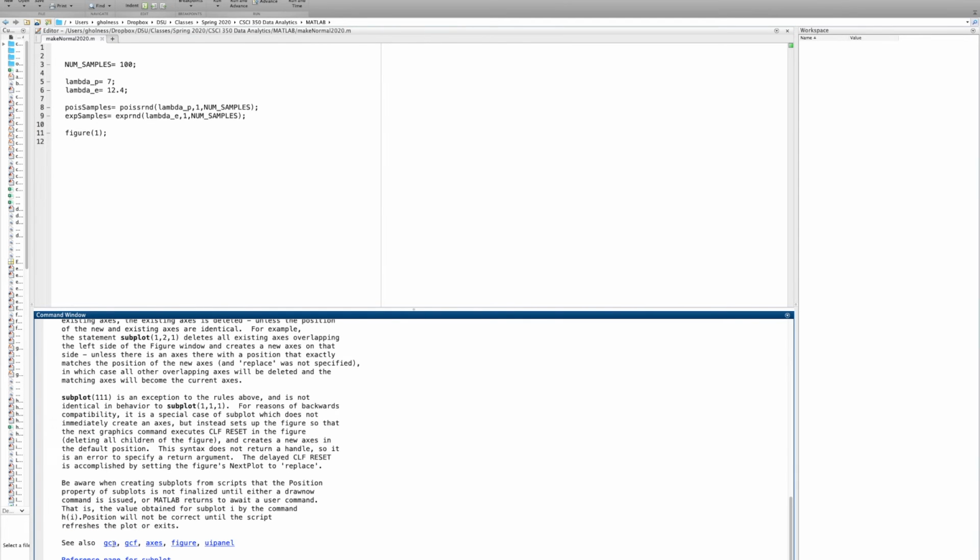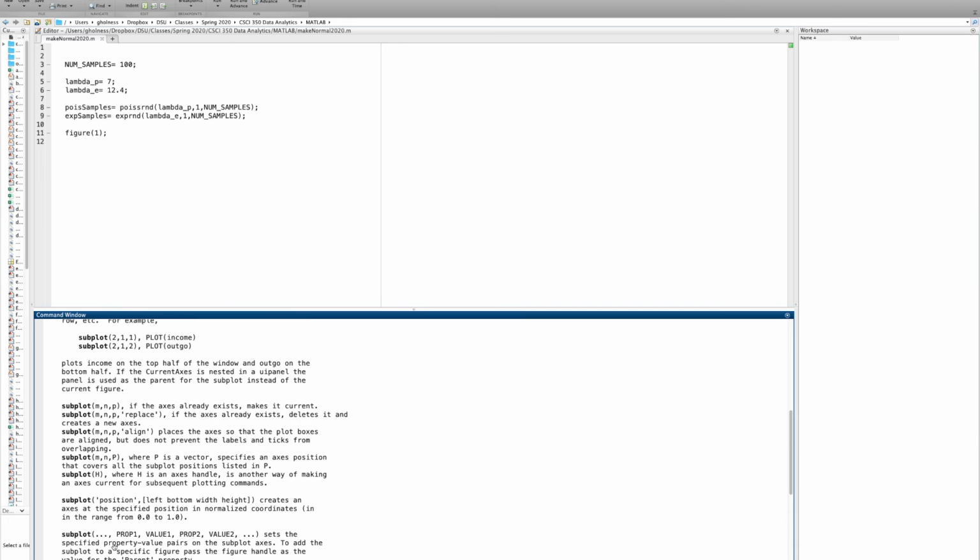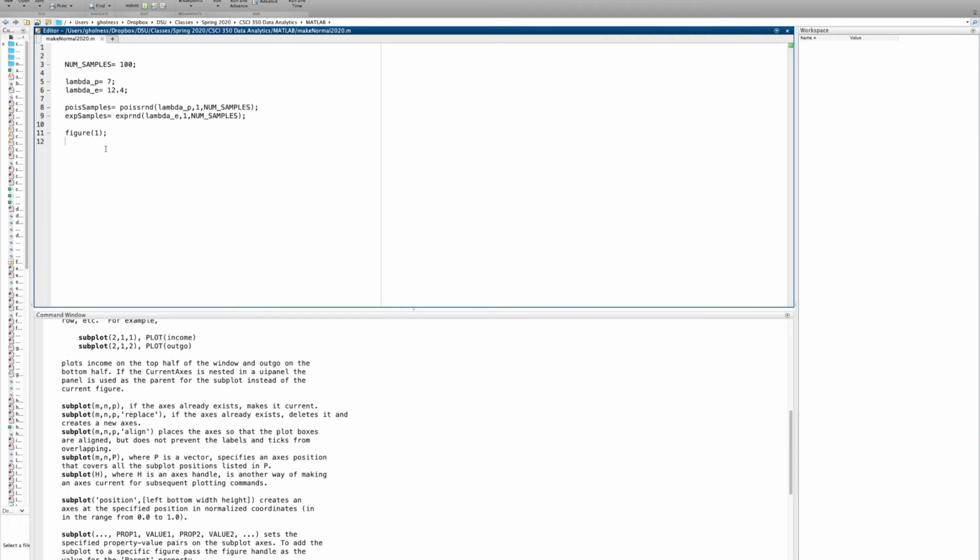Subplot, and let's make a 1 by 2 subplot. Subplot 1 by 2, 1 row, 2 columns. The first one, that's going to be the Poisson. Let's see,